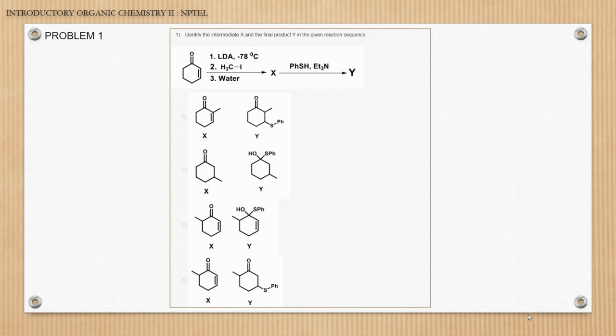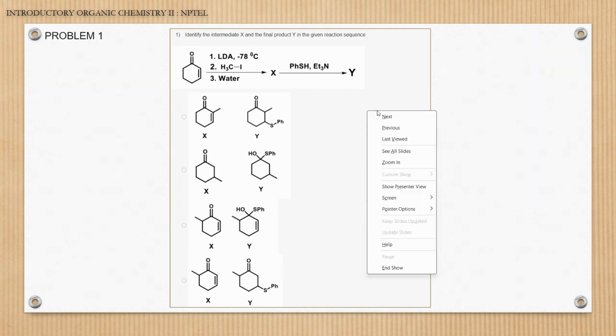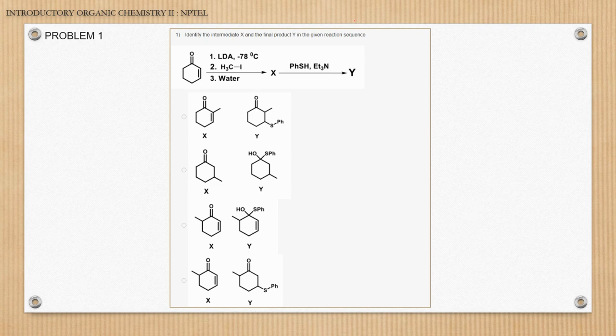In problem number 1, you have to identify the intermediate X and the final product Y in the given reaction sequence. This is the reaction sequence in which they have taken three conditions, and you have to identify X and Y. One by one, we will go through it. In the first condition, they have added LDA at minus 78 degrees centigrade. I have told you that at lower temperature,